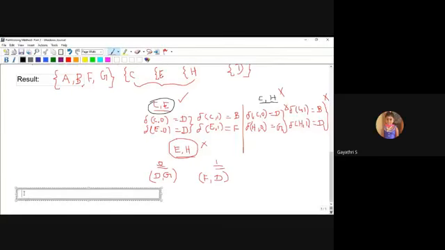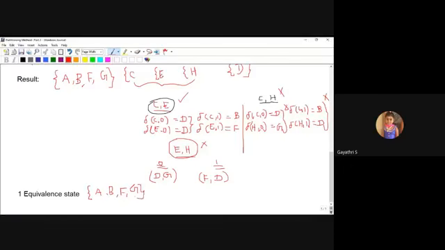So the one equivalent state result is A, B, F, G, which belongs to one group.